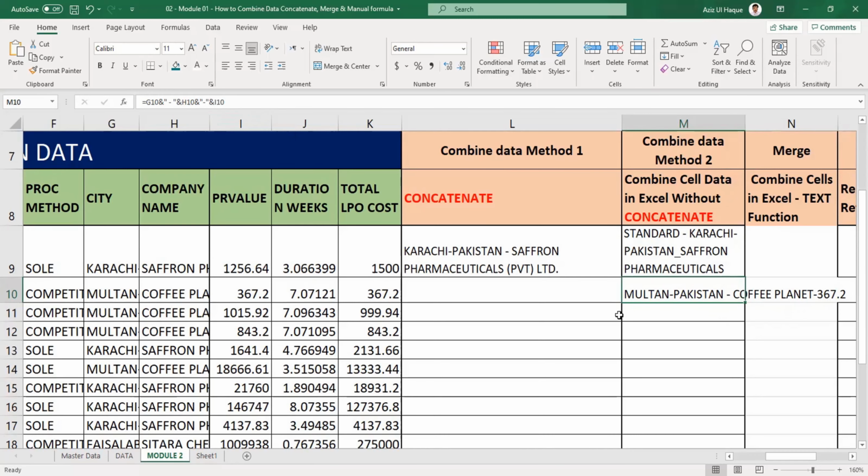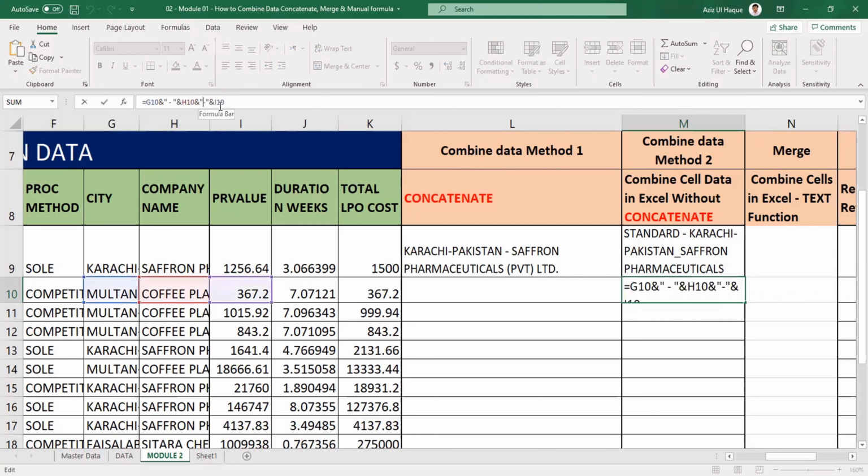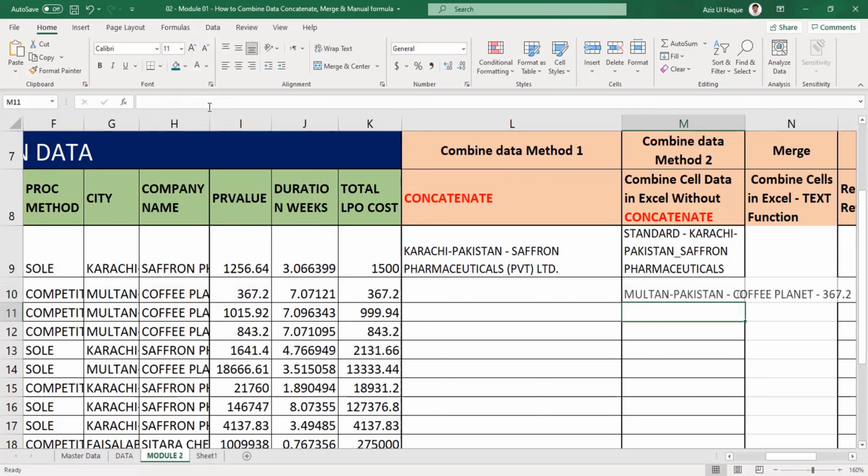You can see it, 367.2, it's there now. And you can increase the space, it's up to you. If you want to increase the space, you just come into the formula, click here, and increase it as you like. Just see here now, and it will be there.